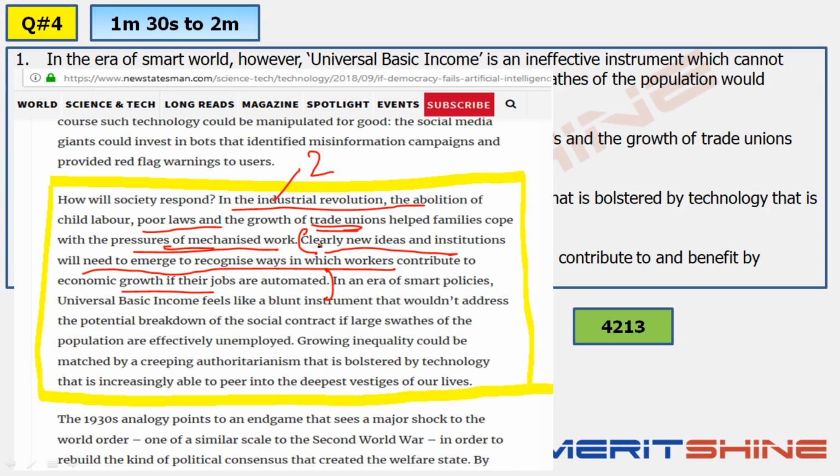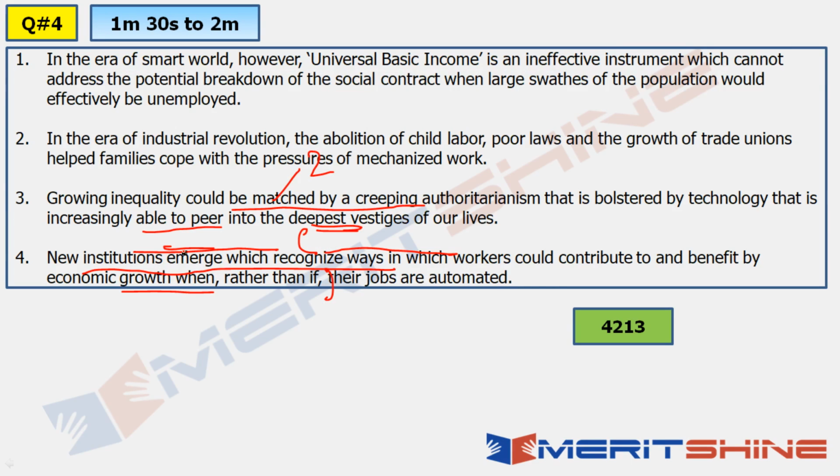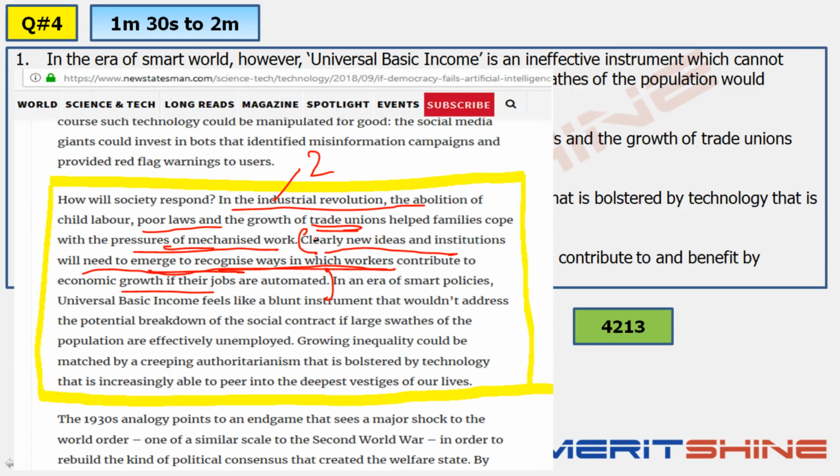Now they have changed this sentence. They have changed this sentence to what? See, new institutions emerge which recognize ways. So this is already happening. So the moment they have changed this sentence, automatically it cannot now be placed in the middle. Therefore I said between 2, 1, 3 it cannot be placed. Originally it was placed in the middle after 2, because it was "will need to emerge." It was a future expectation setting,